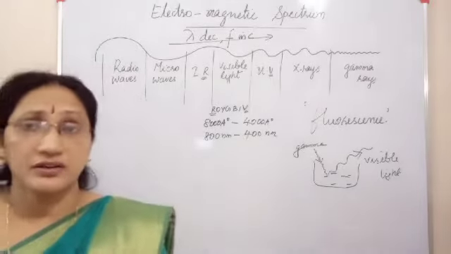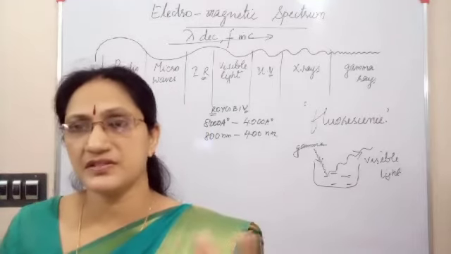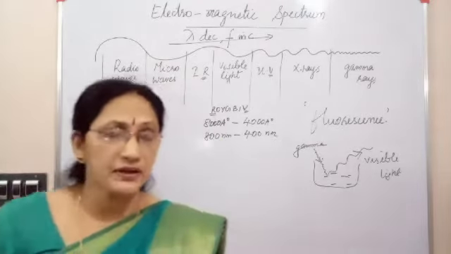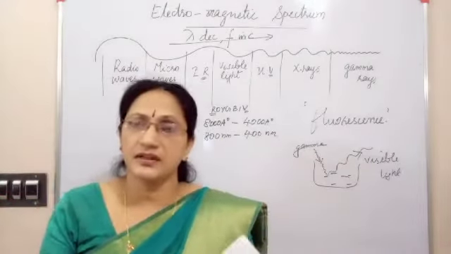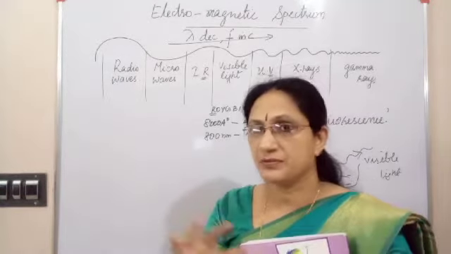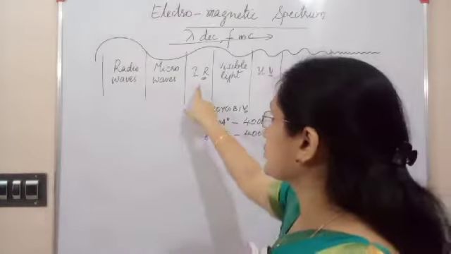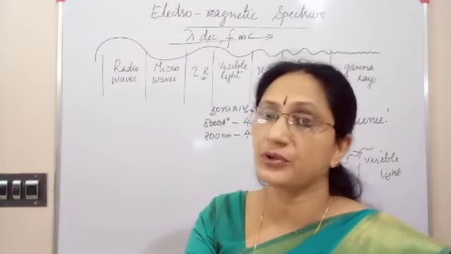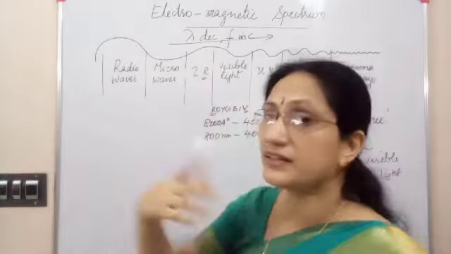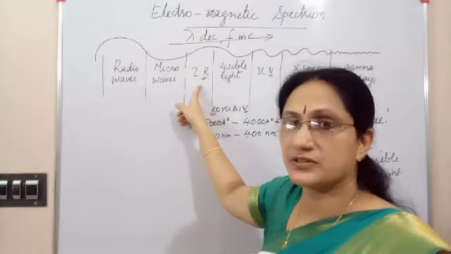Ordinary photography can't work in foggy or dusty weather. It will not give a clear photo, but infrared photography can. That photography is very useful in foggy weather, and where the atmosphere is dusty, it can give a clear image. That photography is called infrared photography. In infrared photography, what is used is the heat radiations. Infrared radiations are the heat radiations, and they are emitted by any hot object.